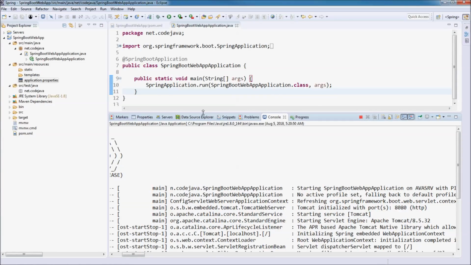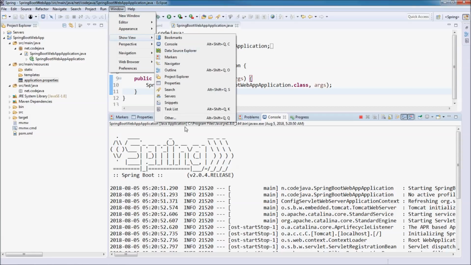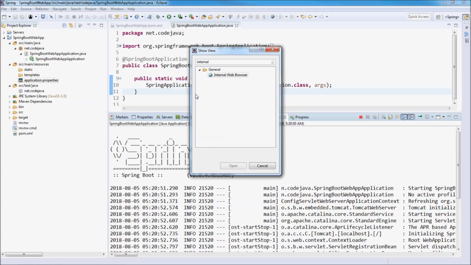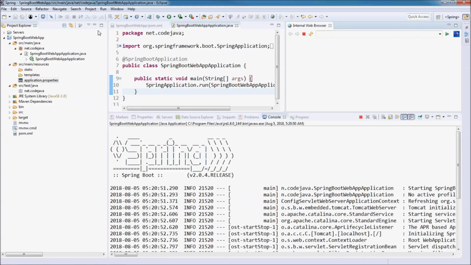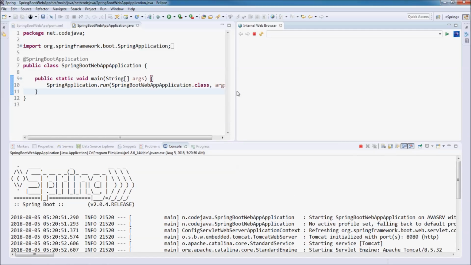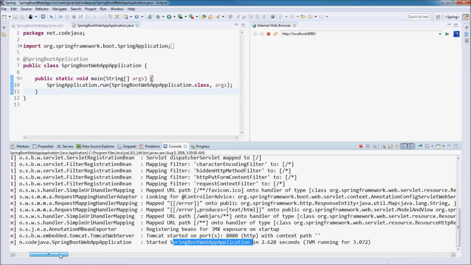Now we can use the internal web browser to try to access our website. Window, Show View, Other, type internal, and select Internal Web Browser. Open. I move the internal web browser view here, so we can see better. Okay. So we have to type the URL as http://localhost. The port number is 8080, and because the context path is empty, we don't have to type anything after the port number. Hit enter,